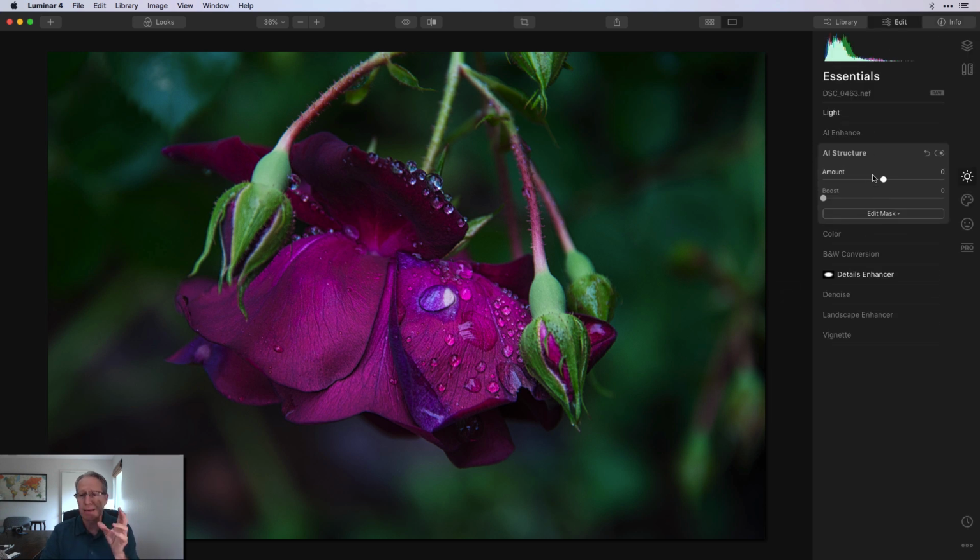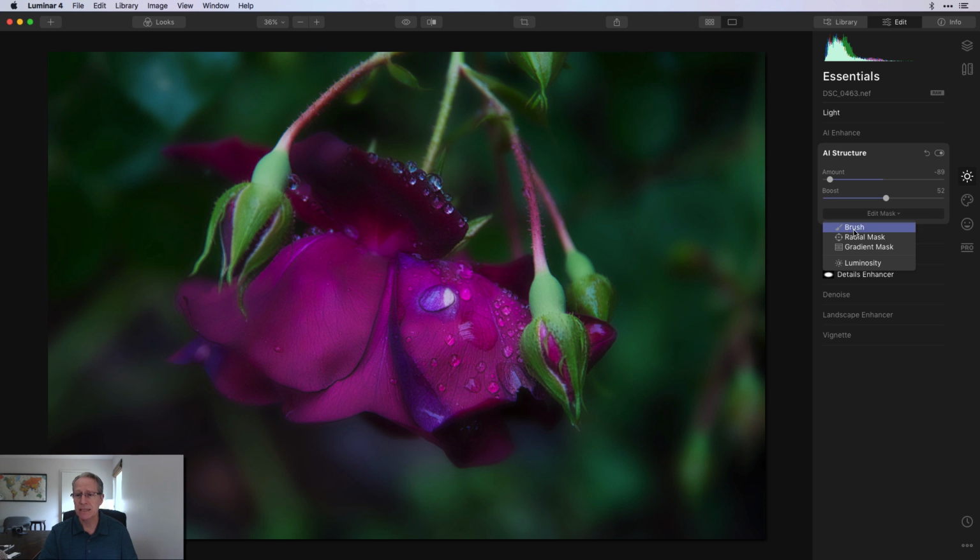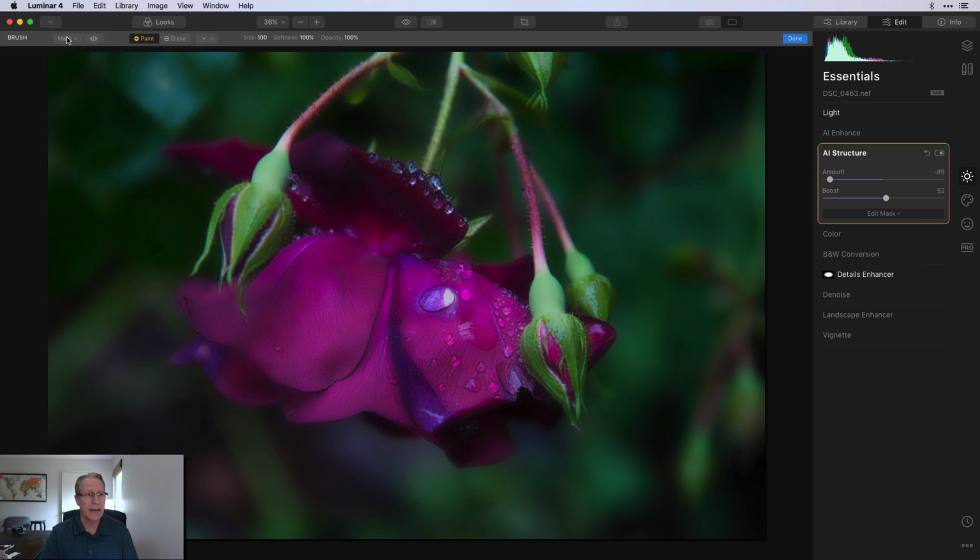So what I'm going to do is I'm going to do AI structure and go negative and just create even more blur like that. I'm just accentuating the blur there. Now, that's currently applying to the entire photo. So I'm going to say edit mask. I'm going to go to brush, and I'm going to say paste because I copied that Radial Mask. There it is, paste. And what I've done is just basically applied the Radial Mask from the previous filter onto